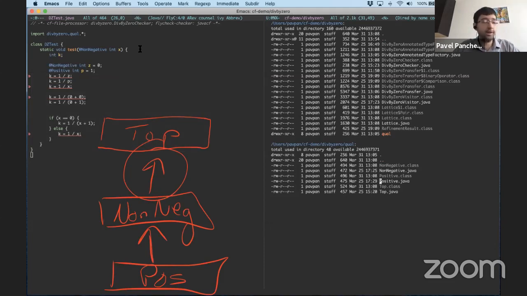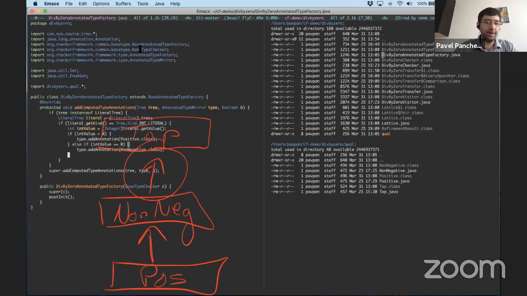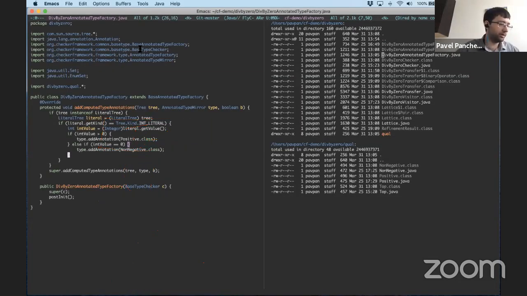After we've defined these qualifiers, we now need to make use of them. And in the checker framework, there's kind of 3 places where that comes up. First, you've got to decide how you apply those qualifiers to literals. So this happens in this crazy method called add computed type annotations. And remember that this is being run on the internals of the Java compiler, so some of the types here are a little bit crazy.